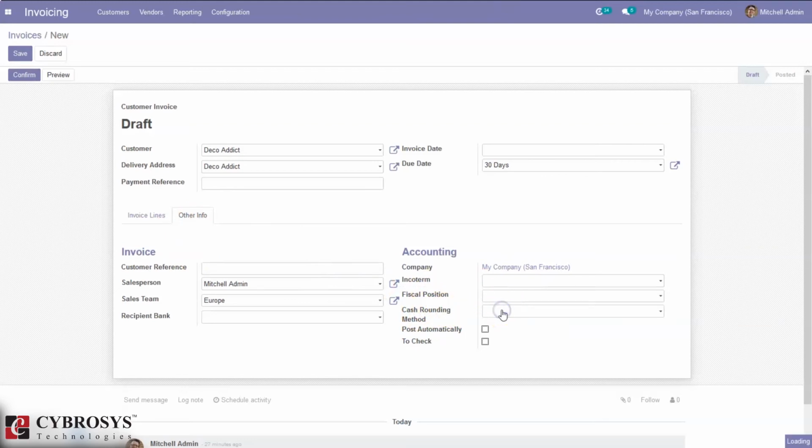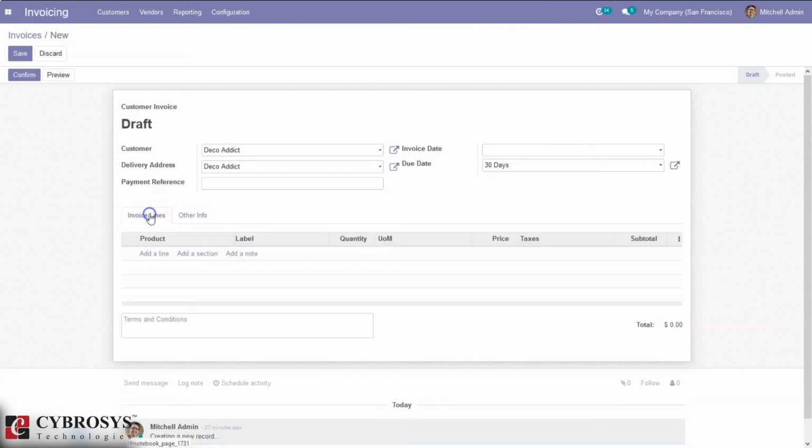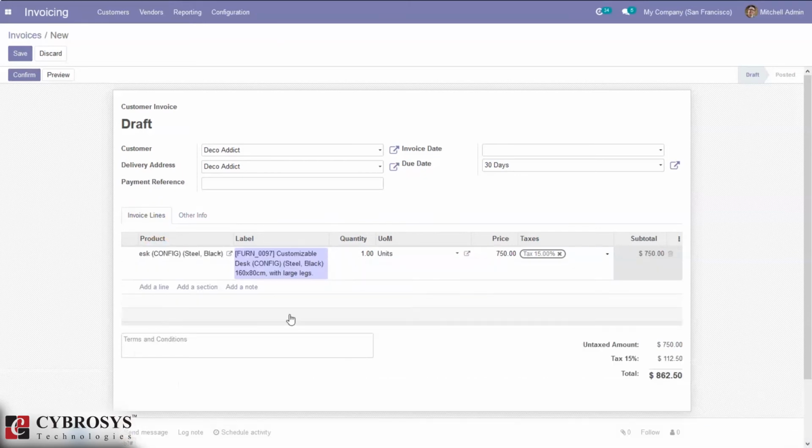Here we can select the cash rounding method that we have just created, rounding 0.10, and after that I add an invoice line, that is a product line. Here you'll be able to see that the tax amount can be modified by adding rounding to the tax.